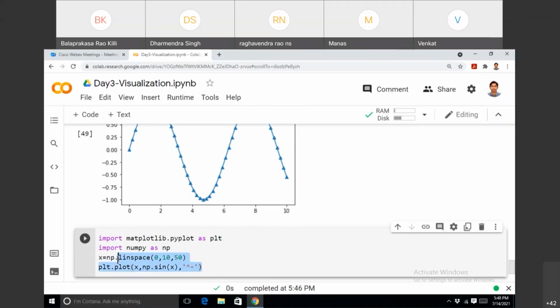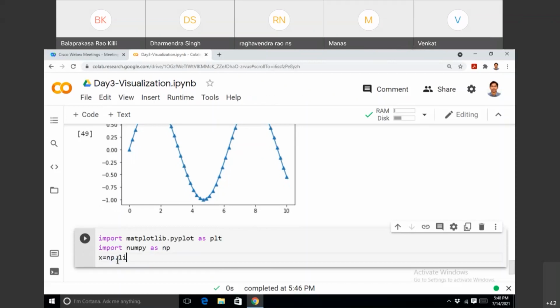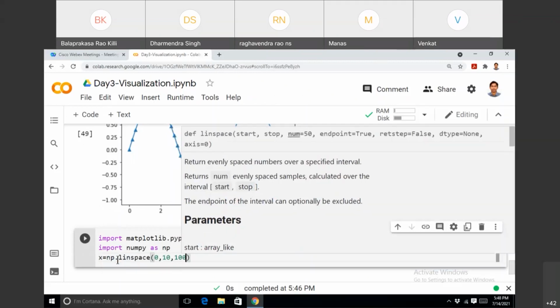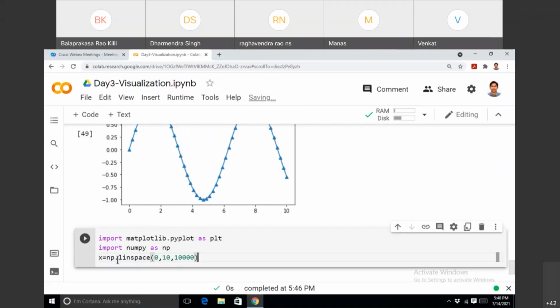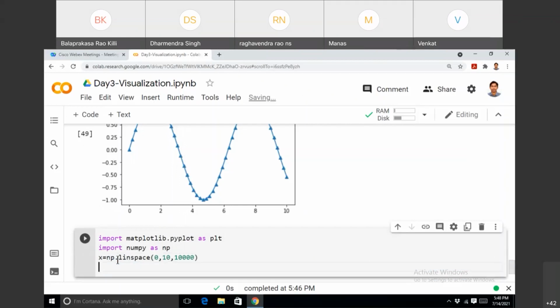Okay, np dot same. Let me use the same one. Let me generate from 0 to 10, 10,000 samples. Okay, 10,000 samples I have generated. Now, if you wanted to count how many samples are between 0 and 1, how many samples are between 1 and 2, how many samples are between 3 and 5, like this, then a histogram